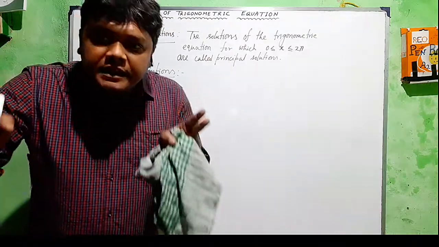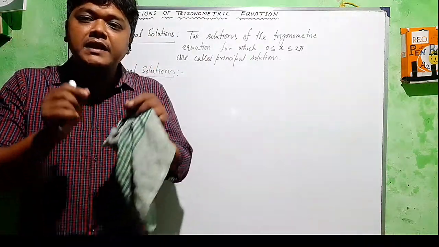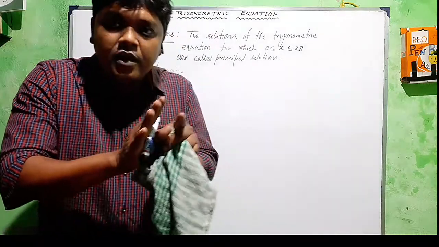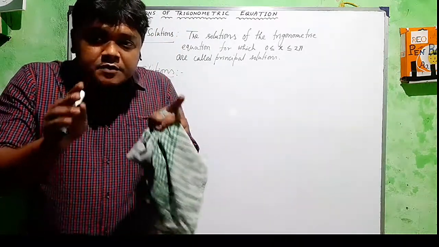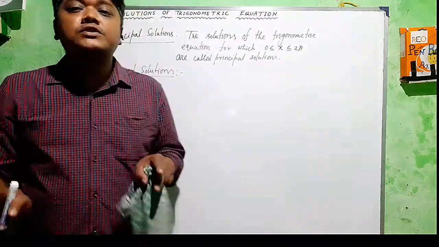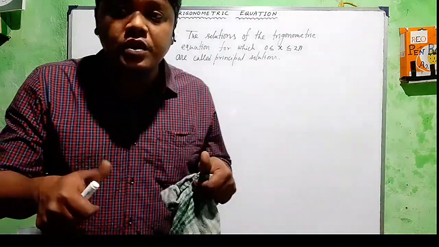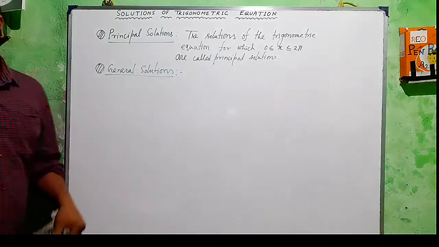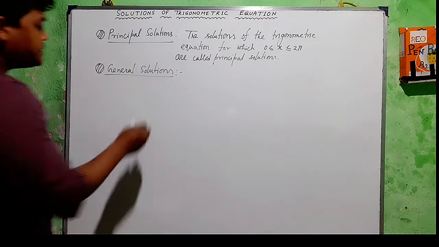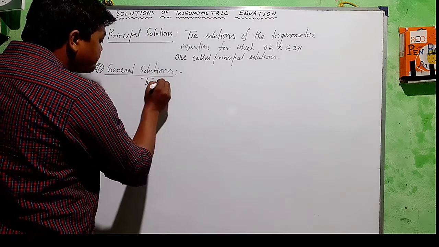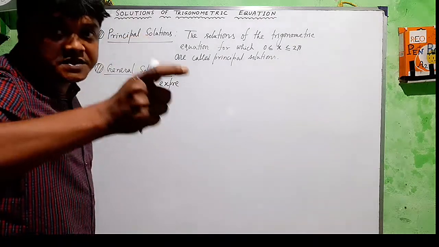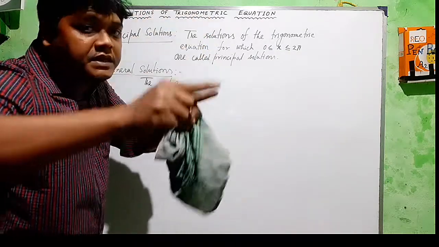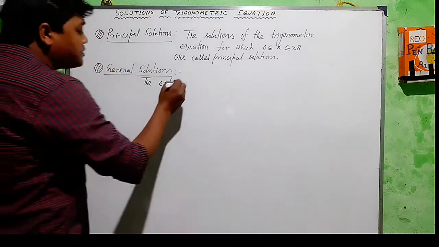If that expression contains any integer like n, okay, integer means অখণ্ড সংখ্যা, n যদি কোনো একটা এক্সপ্রেশনের মধ্যে n থাকে সেই ধরনের সলিউশনটাকে বলবো আমরা জেনারেল সলিউশন। তাহলে ডিফাইন করব কি, দ্য এক্সপ্রেশন ইনভলভিং ইন্টিজার্স n,